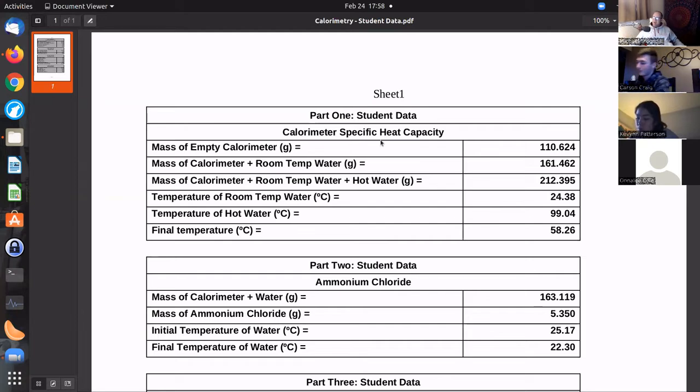Right. And then we're going to do the same thing here, where we subtract this value from this one in order to get the mass of the hot water. Right. And then we've got these temperatures here. So if we go to